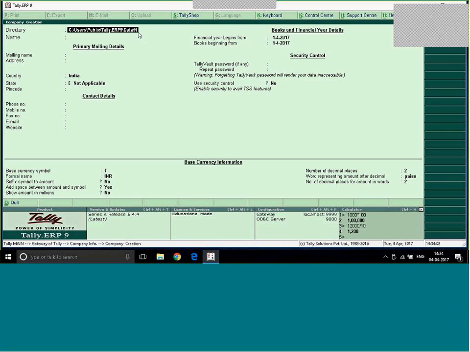Let's give a name. This is my folder name. Enter. Now here I'll write the company name. This is my name. Name. Generally, name is